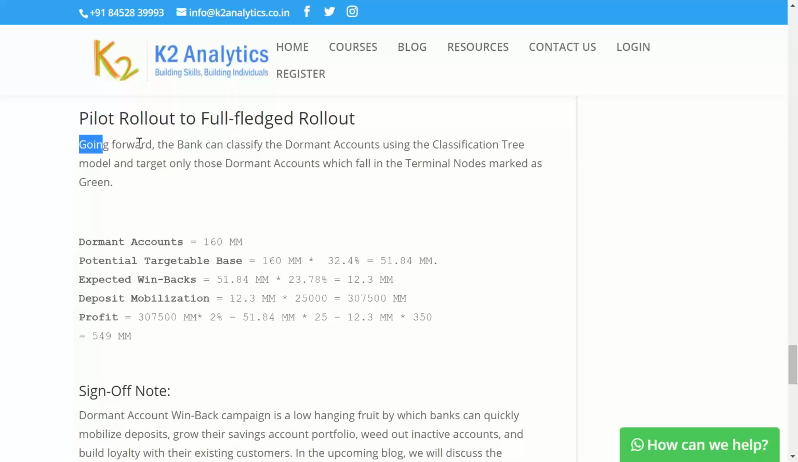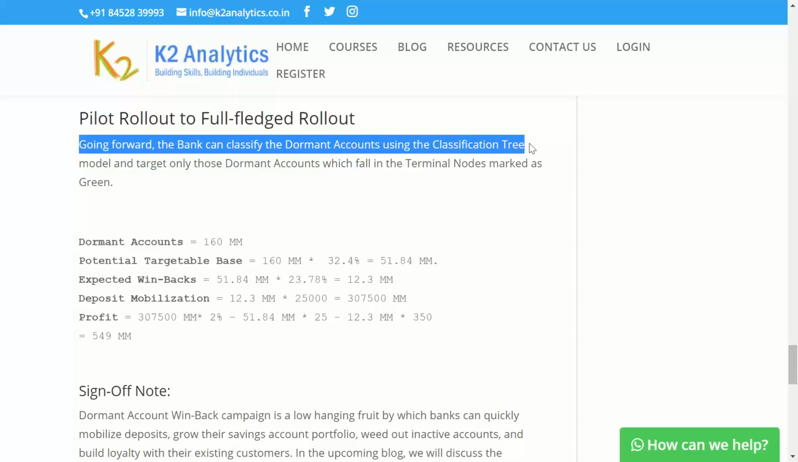Going forward, the bank can use this model for pinpointed targeting of dormant accounts. As I mentioned, on an ongoing basis, new customers who are active today may become dormant tomorrow. But is there a need to target all the customers who become dormant? No. The model has